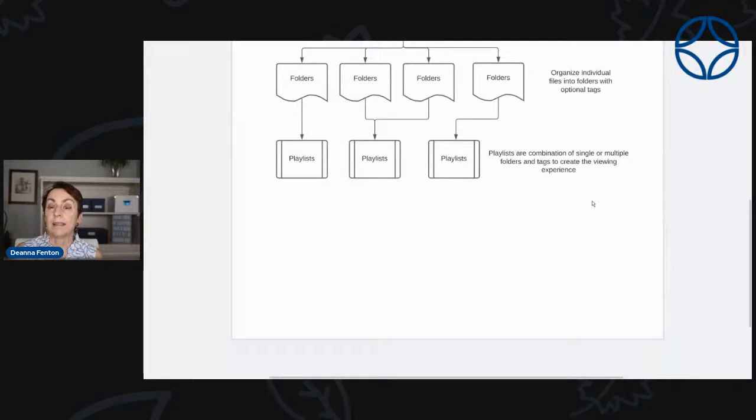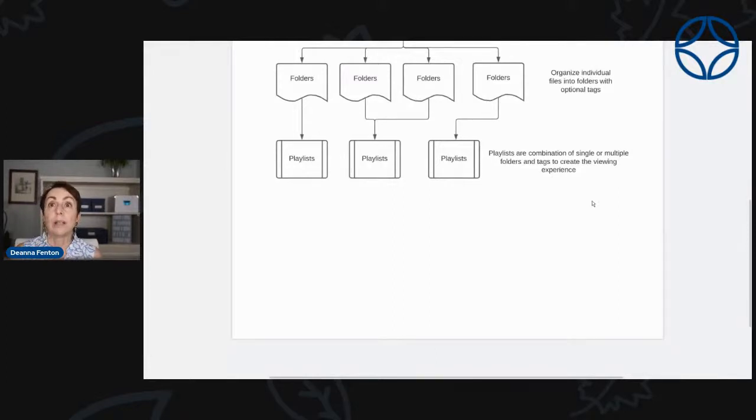Then the next layer of organization in the use of Searchy is creating a playlist. So a playlist can be a single folder, it could be multiple folders, and it could be generated by tags. Again, all of these things can be automated and have the tags added automatically to place specific content in specific playlists.